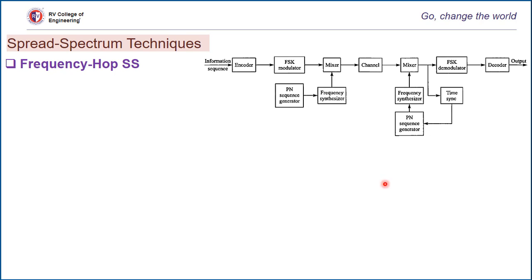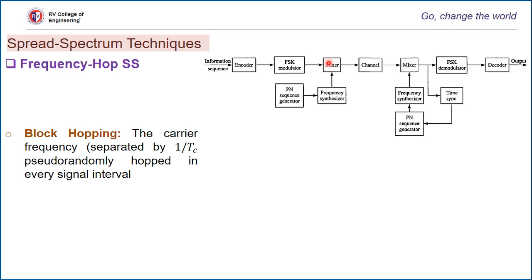This involves frequency modulation, it involves FSK modulation followed by mixing. First, the incoming binary data are applied to an M-array FSK modulator. The resulting modulated wave and the output from a digitally generated frequency synthesizer are then applied to a mixer that consists of a multiplier followed by a bandpass filter. The filter is designed to select the sum frequency component resulting from the multiplication process as the transmitted signal.